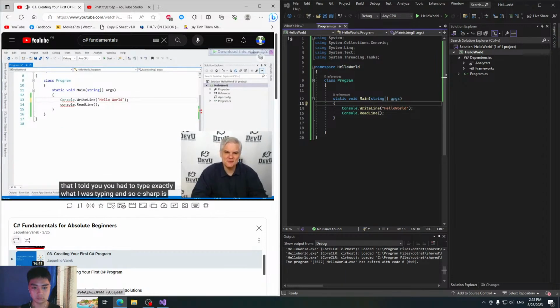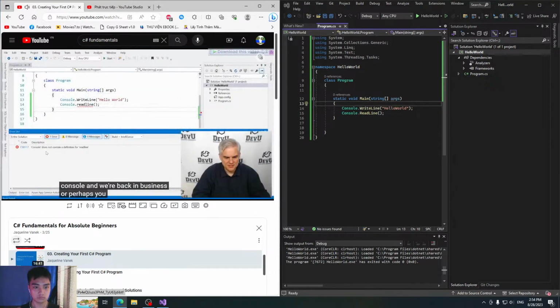C# is case sensitive, meaning that a lowercase c and an uppercase C mean that you're typing two completely different things into C#. That is tricky because many of us are not used to that degree of precision whenever we're communicating. But when communicating with a computer, you have to be precise. So in this case, all we needed to do was change the capitalization of the word console, and we're back in business.